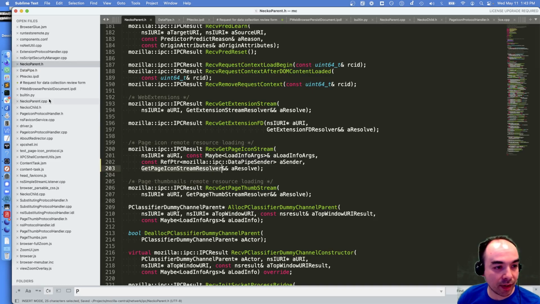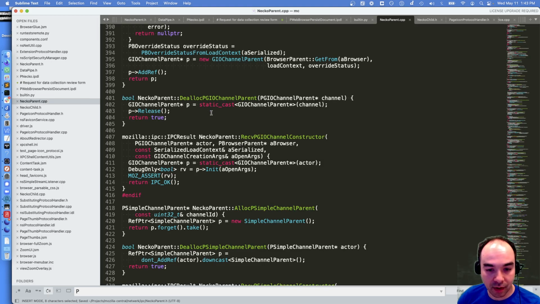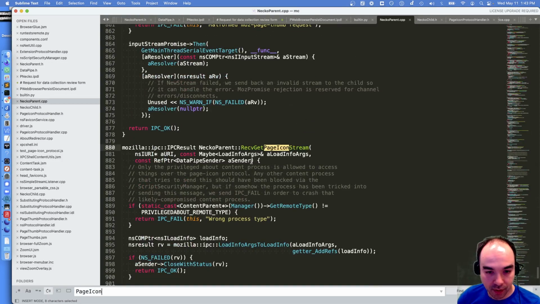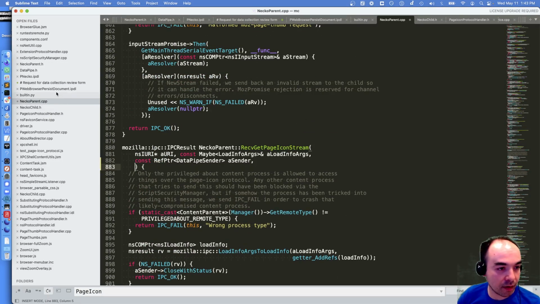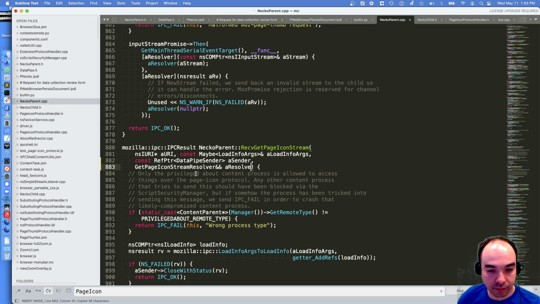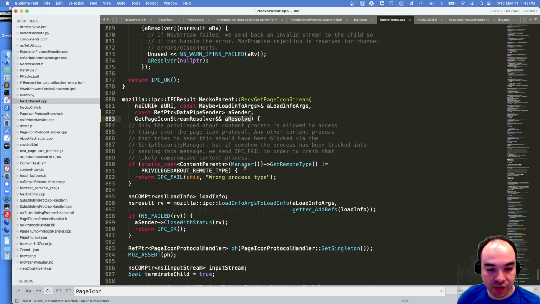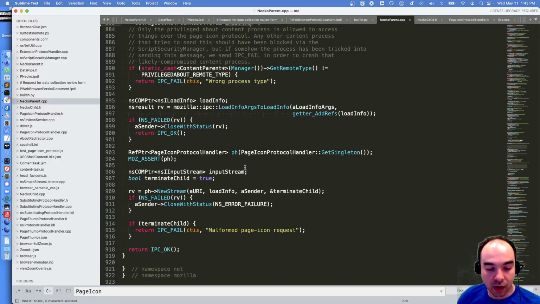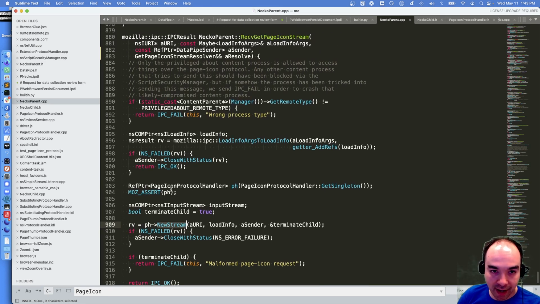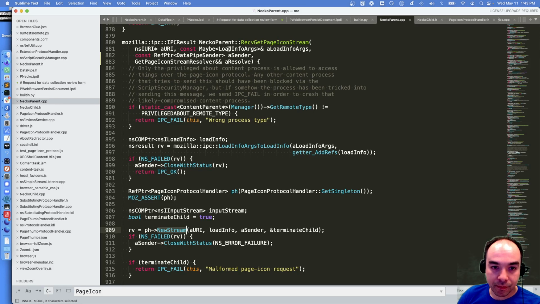So now that we've changed our header, we need to change the definition of our implementation. So we're going to add another argument here. The argument was this. And we need to resolve. This is really interesting. We basically want newsstream probably to return a promise with the content type and the content length, and then have receive get page icon stream resolve this promise with that.